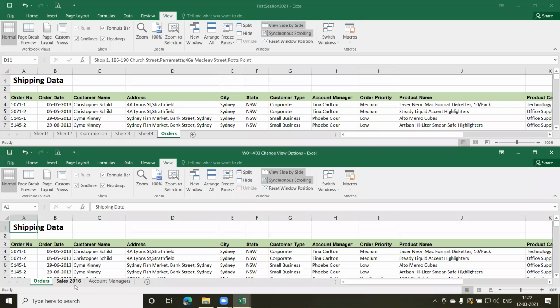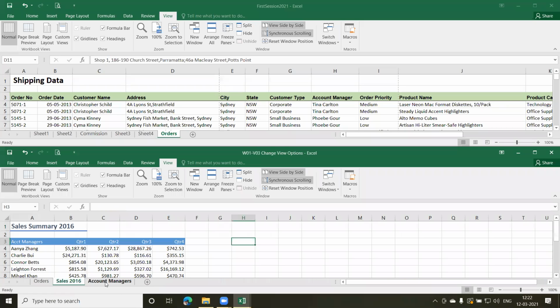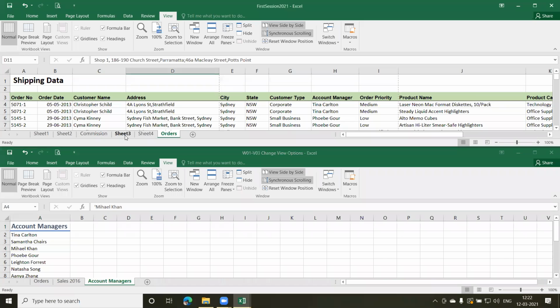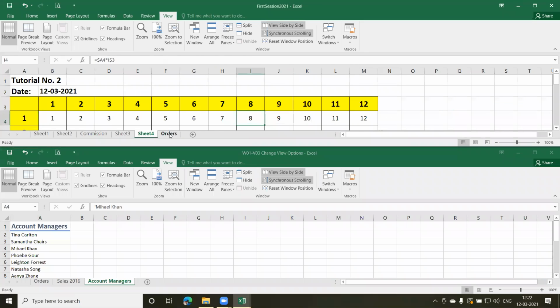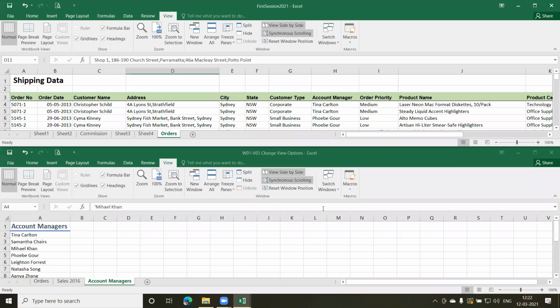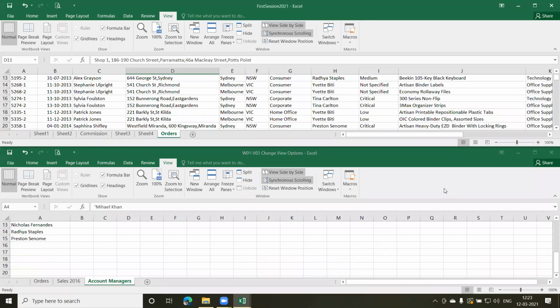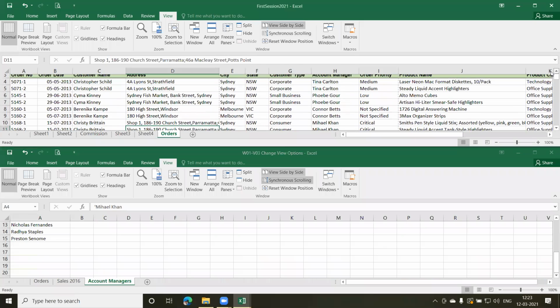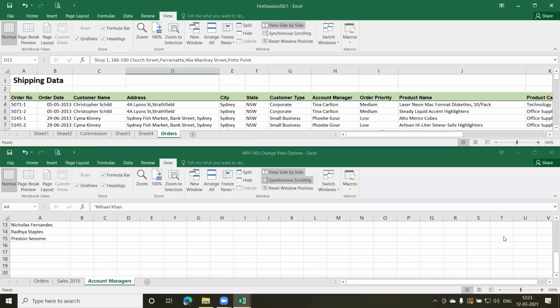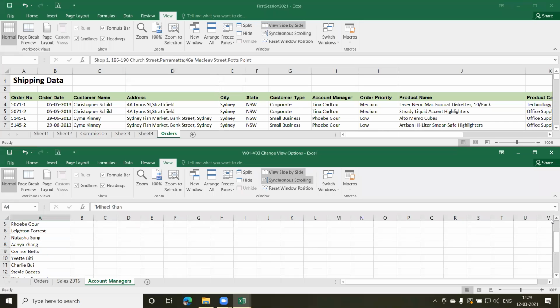So I can go to sales figure. This is the accounts. Whereas in this I can refer to the other sheets like this. So both the workbooks are viewed simultaneously, side by side. If I'm scrolling here, it is also scrolling down here because I have clicked on this synchronized scrolling. So you remove this one. Now when I scroll this, the other window is not scrolling. I can go individually here.